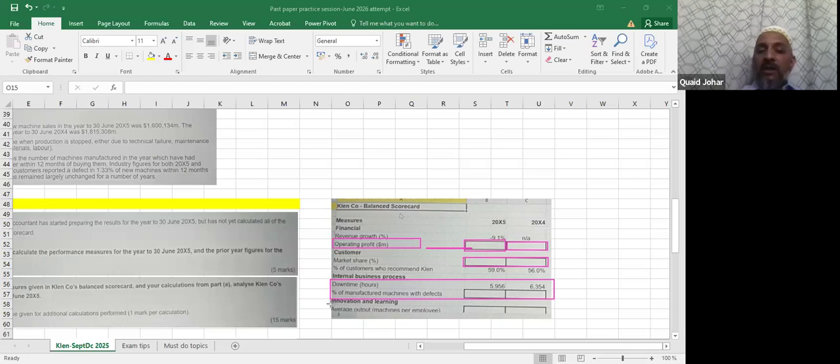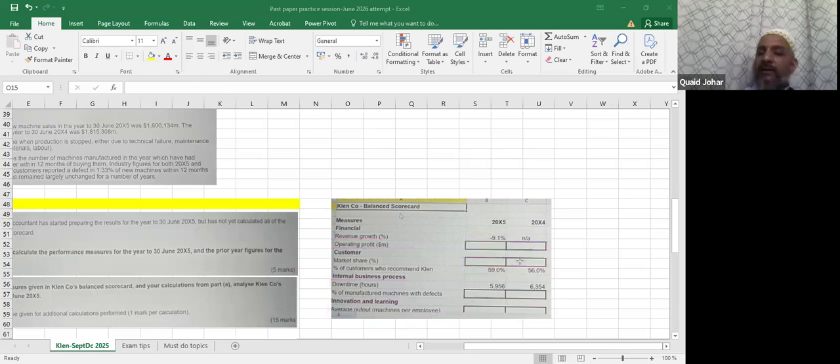Okay, now innovation and learning, we need to find average output machines per employee. So over here, what should be the formula? एवरेज आउटपुट machines per employee. So machines per employee, the formula is given. Machines in the numerator, per employee means employees in the denominator. So this is how we find the numbers, right? So now